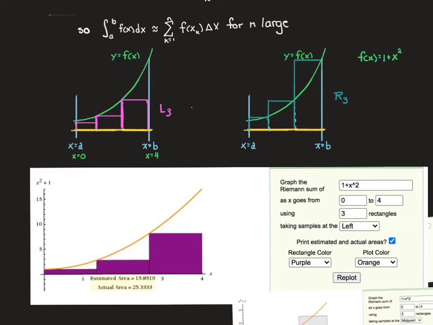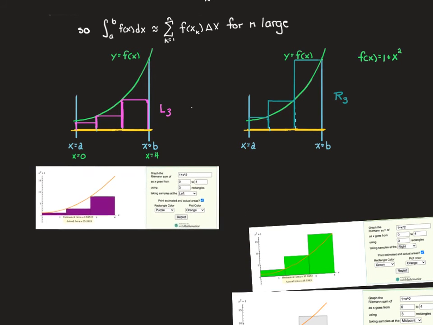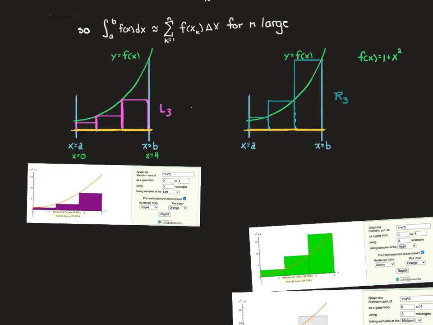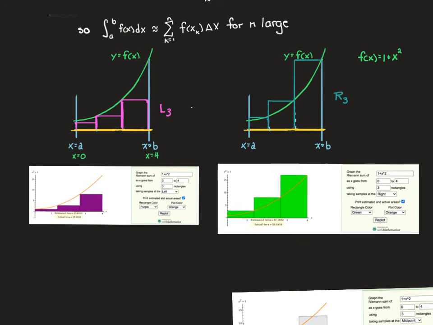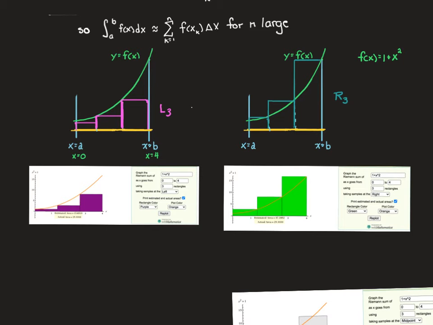So I've put the function in here, 0 to 4. I've used 3 rectangles, and I've taken samples at the left-hand endpoints. And we can see what the estimated area is. And as you can see from the picture and the numbers, it's too low. Well, what I can do then is see what I get if I use the right-hand endpoints. So that's over here. And looking at the right-hand endpoints, you can also see that the numbers are too big, and it's too big